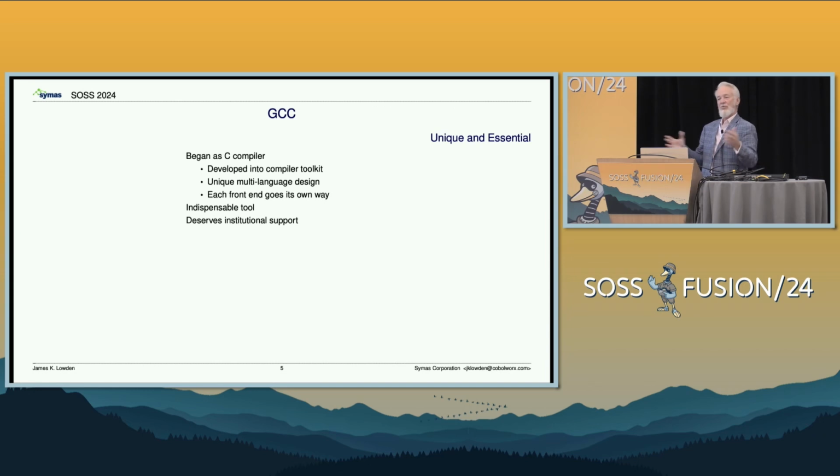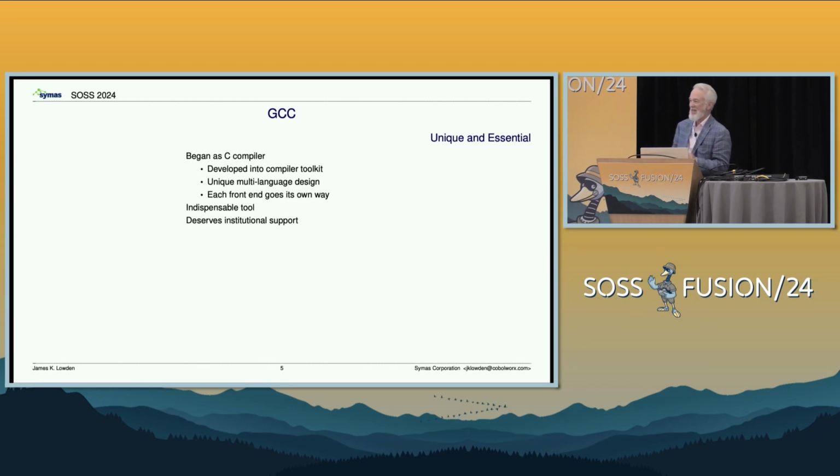So my boss came to me and said, we should build a compiler. And I said, are you crazy? And luckily, we were both a little bit nuts. GCC already exists and provides a framework so that I don't have to build a compiler. I just have to add to one that's already there.